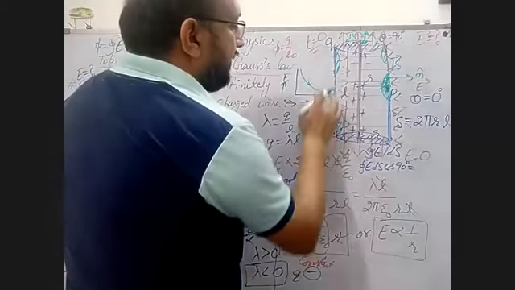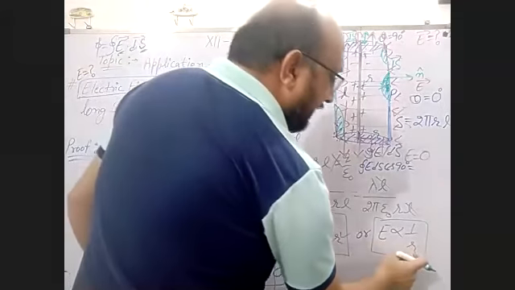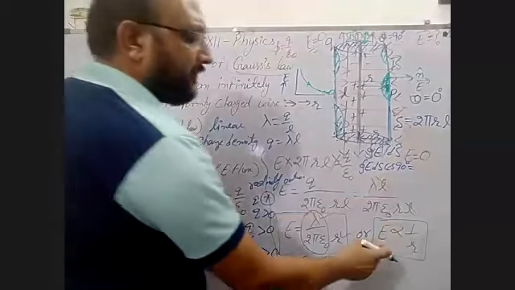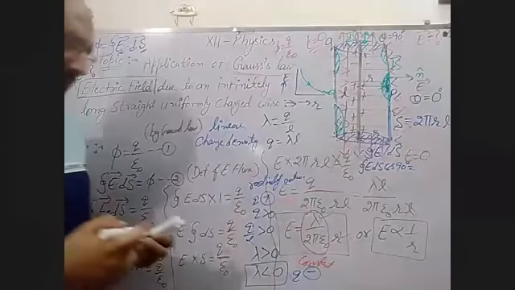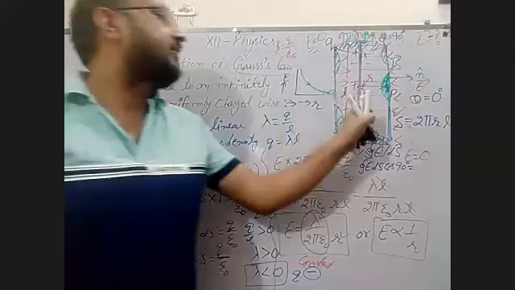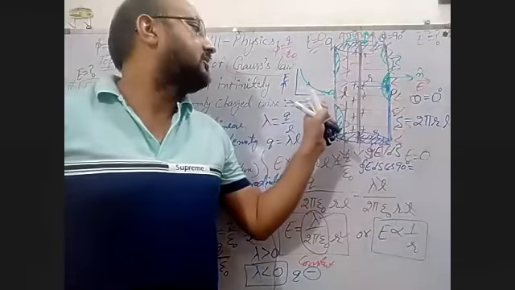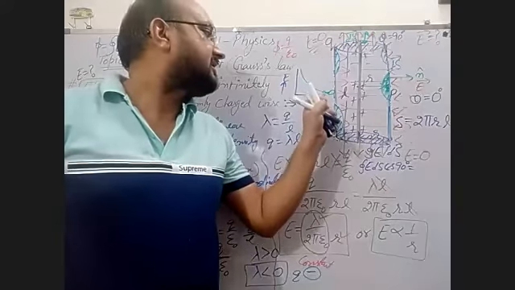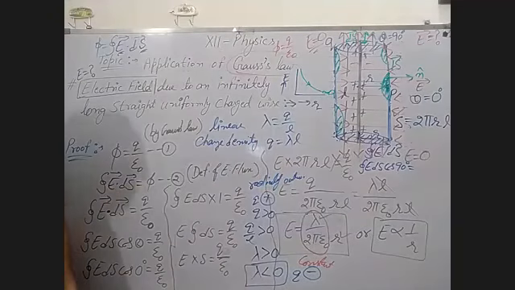Okay, because in this you can see if R is infinity, then E is 0. And where is infinity? Infinity is a very, very large distance. If you take this point at infinity, then E is 0. So you can't touch this line with this. Okay, this is the graph. So now there is nothing